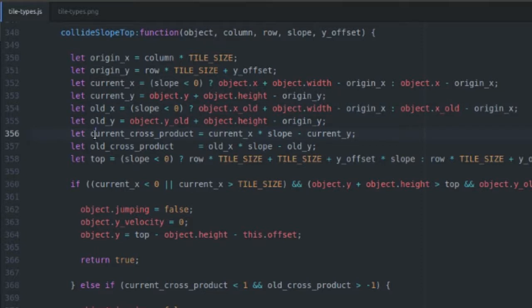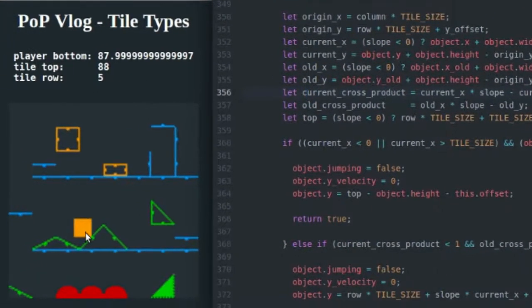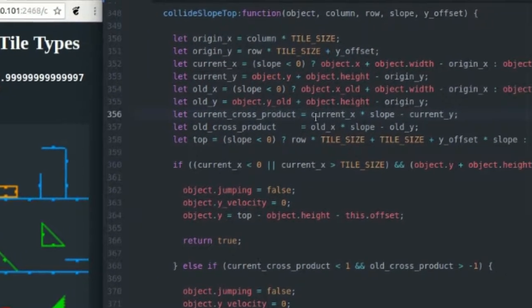So cross product is basically just a vector operation. If you've ever done dot product, you're probably more familiar with that one. Cross product can be used to determine if a point is on a certain side of a line, or if a vector is on a certain side of another vector. And that's basically what we're doing here. So we are saying, is current X